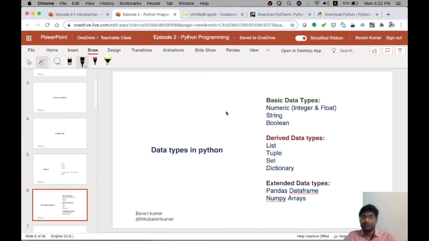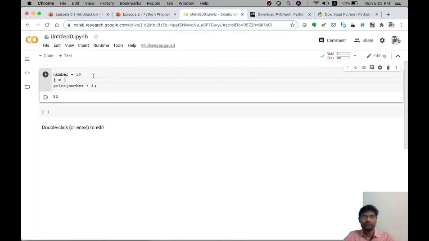And now let's understand more briefly about the data types in Python. There are going to be 3 different basic data types. We'll first look into the basic data types: numeric, string and boolean. First, the kind of data we store inside a variable is called by a specific name, its data type. Here we stored a numeric value, an integer. It's called a number data type.